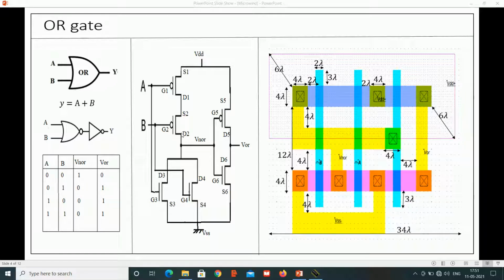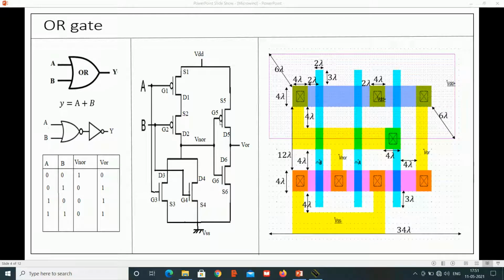Then the drain of this PMOS and the drain of these two NMOSes are given as VNOR, the NOR gate output.